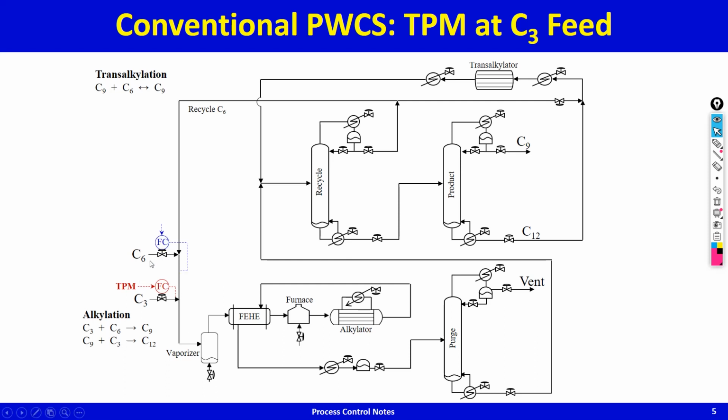Then we say, okay, what about the second feed? Well, C6 is the second feed. So production is set by C3 feed. What about C6? Well, total C6 is going to be held constant by adjusting the fresh C6. In this way, C6 comes in a makeup fashion. It is not independently set, which it must not be. So that takes care of the second feed, the C6 feed. Then we have the vaporizer level control using vaporizer duty.